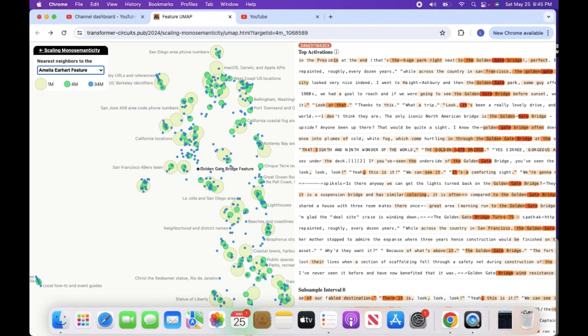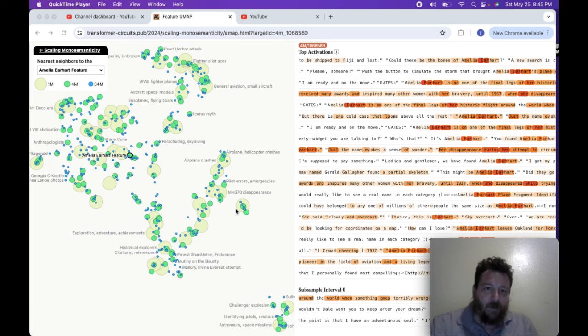And then we can do another concept, right? Like here's Amelia Earhart. We see that Amelia Earhart is here, and tangentially related to Amelia Earhart is airplane crashes, of course, parachuting and skydiving, Marie Curie, historical explorers, Georgia O'Keeffe, seaplanes and flying boats, aircraft and space models, fighter pilot aces. So we can see all of these concepts become tangentially related to and closely related to Amelia Earhart in Claude's